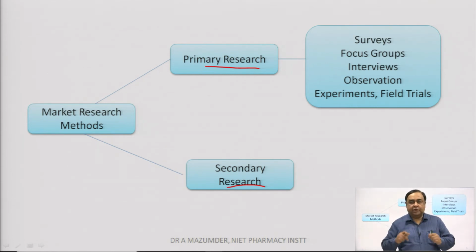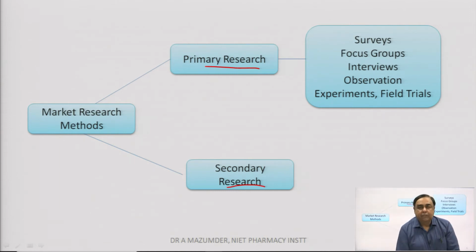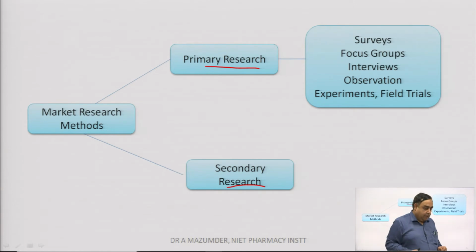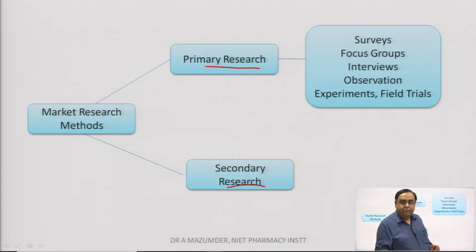You are preparing a questionnaire. It may be an open-ended one, it may be a close-ended one. The basic difference between an open and close-ended one is, in a close-ended one, we are giving the choices and the customer has to select from those choices only. Say for example, to a particular question you are giving 4 choices, A, B, C and D. The customer has to select any one of these 4. That is the reason why we call it a close-ended questionnaire, because the customer does not have any option but to select any one of the 4 choices given.